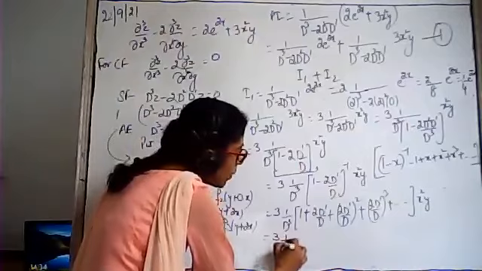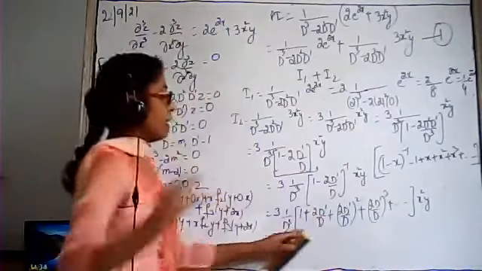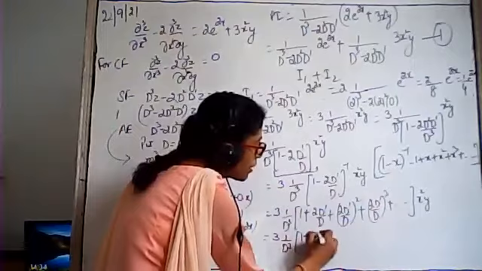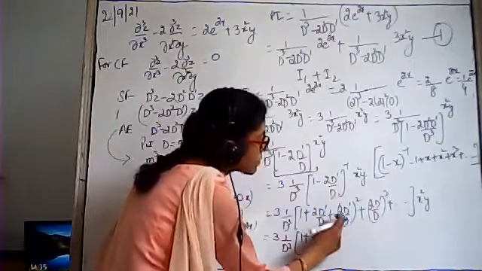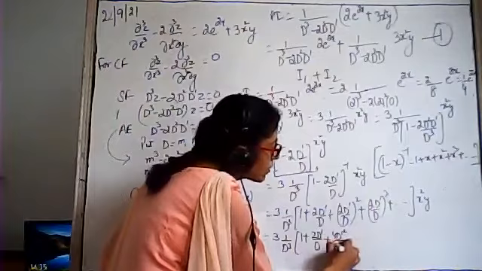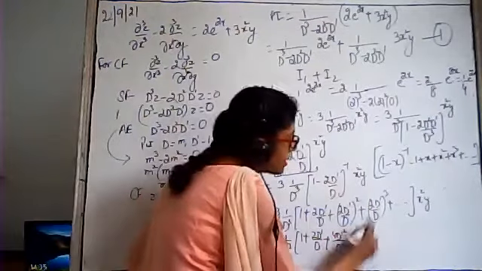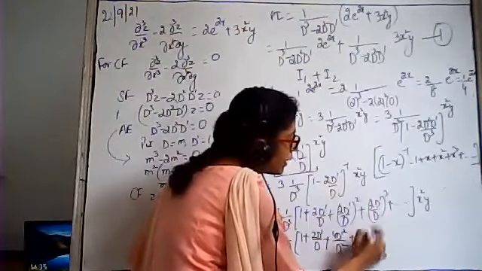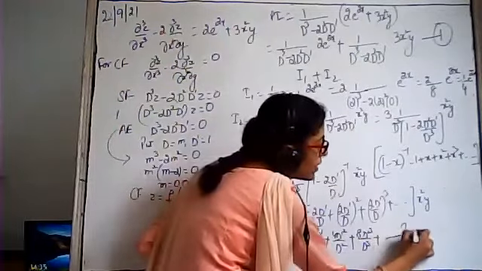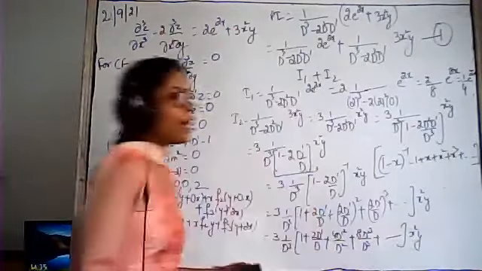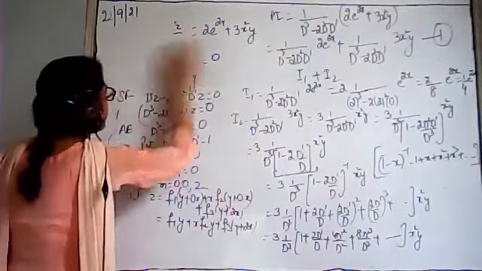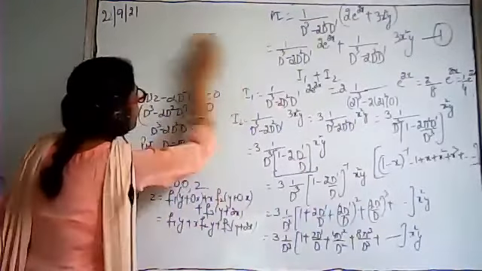This is 3, 1 upon D cube. Now, first of all, open this bracket. It will be 1 plus 2D dash upon D plus 2D dash upon D the whole square. It means this is 4D dash square upon D square, plus 2 cube is 8, it will be 8D dash cube upon D cube and so on up to infinity into x square y. We have not written the next terms of y, so it will be explained.